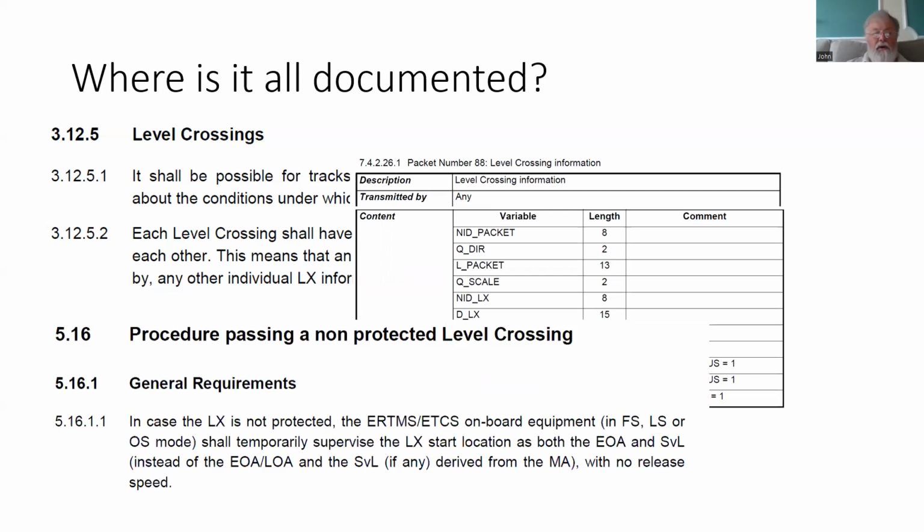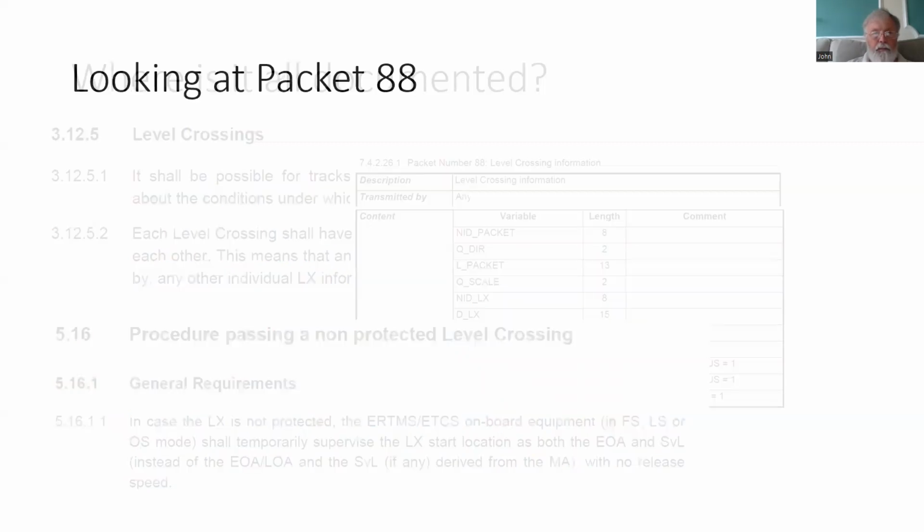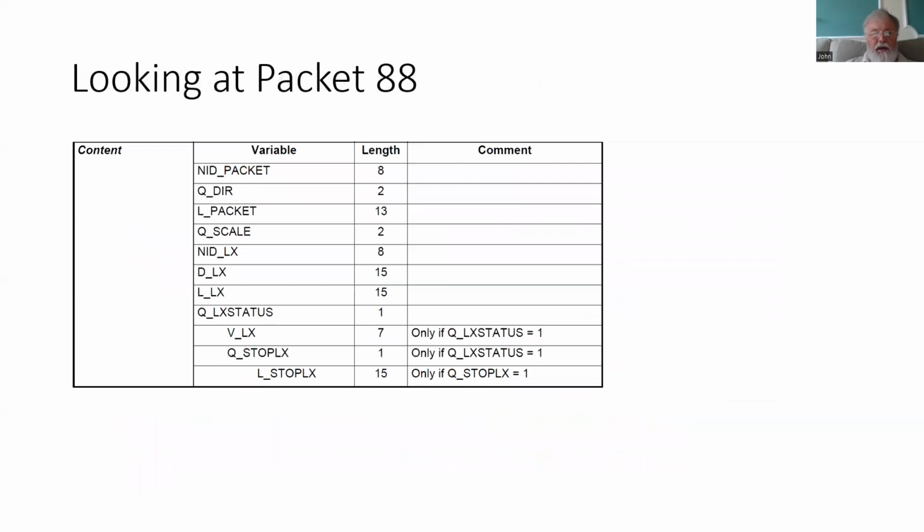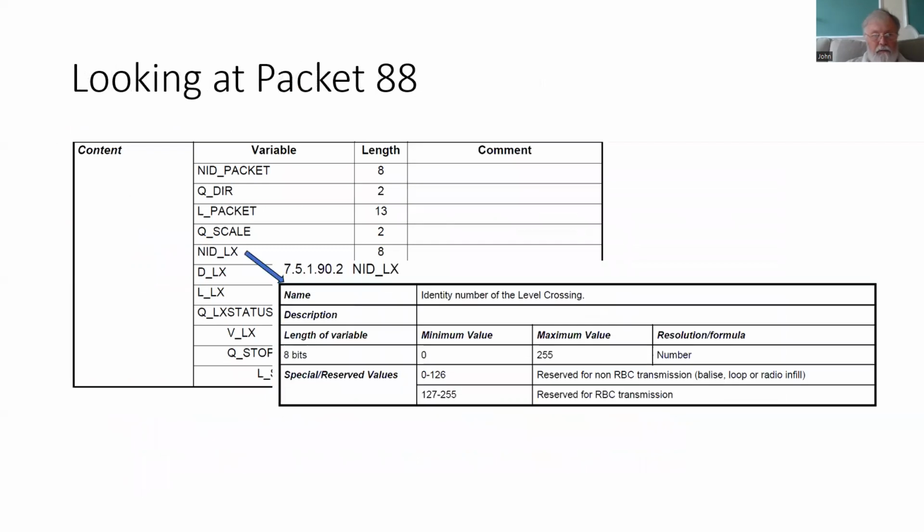Then further on in Chapter 5 of Subset 26, we find the procedure for passing a non-protected level crossing, where it describes what should happen. We need to read Chapter 5 and Chapter 3 together in order to understand what will be seen by the driver and what will be the behavior of the onboard. Packet 88 is quite a short packet, and it follows the standard format of packets that you should be familiar with. Let's have a look first at